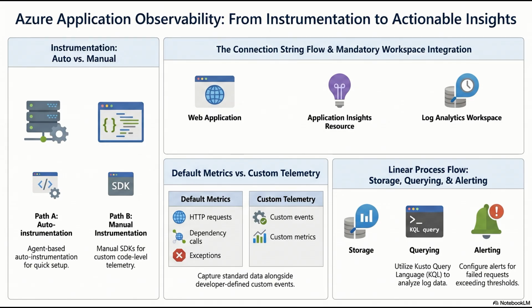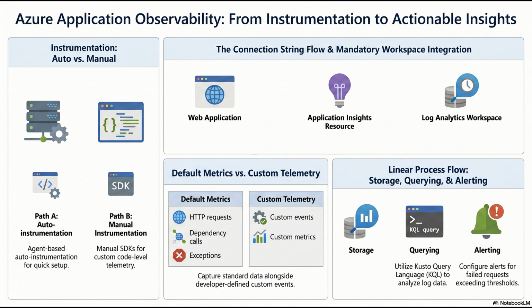And so that is what we are digging into today for this deep dive. We're getting into the actual mechanics. Exactly. The mechanics of cloud observability, specifically within the Azure ecosystem. We are going to look at how to take this opaque distributed system and wire it up so that it tells you exactly what it is doing, why it is doing it, and when it's about to fail. And just to set expectations for you listening, we are going to look under the hood today. No high-level, fluffy overviews, just the actual functional step-by-step mechanics of how you instrument applications using Azure Monitor, Application Insights, and Log Analytics workspaces. Just the objective facts of how the systems connect.